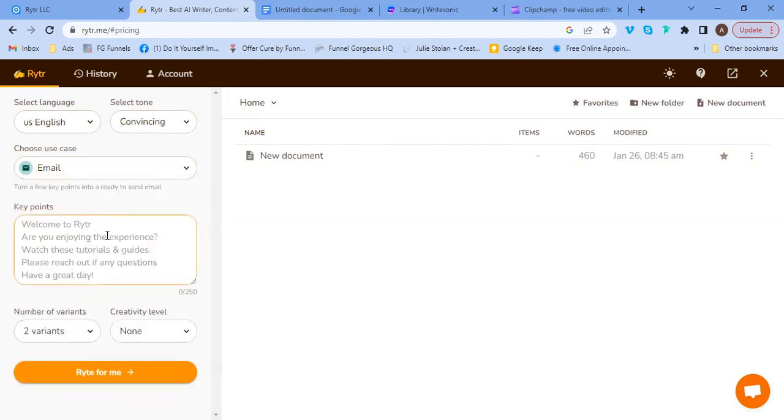So we'll choose email. And then here, the key points: we need to insert some key points that this AI writing assistant will need to pick out. My first key point will be applying for, whatever you're applying for. In this case, I want to write a cover letter for British naturalization, because recently someone asked me to prepare the cover letter for his application, and I wanted to share it with you so that if you're in the same situation and you're unsure about your good character requirement, you can kind of copy this. So, applying for British naturalization,